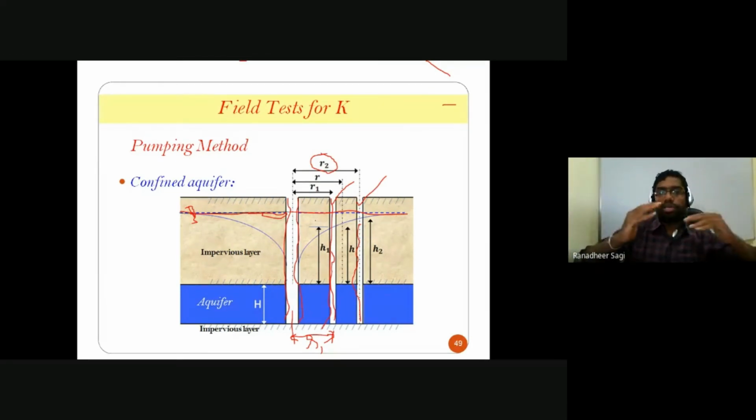coming into your borehole. Okay, whereas the water from the adjacent areas of the borehole will initially enter into the borehole. So that's the reason why the head available near your observation well is H1, which is less than the head available at a far away distance, that is at a radial distance of R2, where the head available is H2, which is relatively higher than H1.